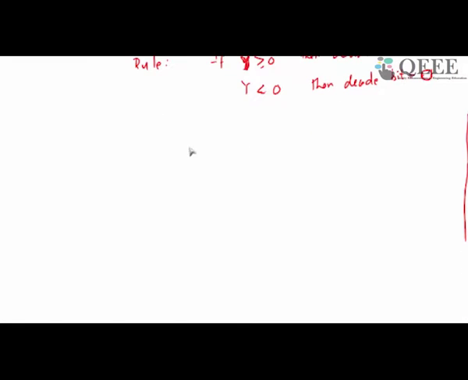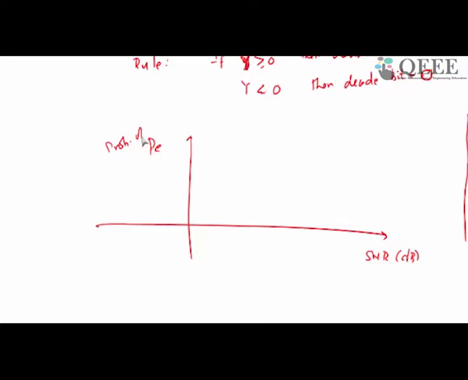You can plot the SNR, which is signal to noise ratio. You can measure it in dB scale and you can plot the probability of error. So it looks like this. So as you change SNR, this is 10 power minus 1, this is 10 power minus 2, 10 power minus 3 and so on, right? So as you increase your signal to noise ratio, the probability of error comes down.